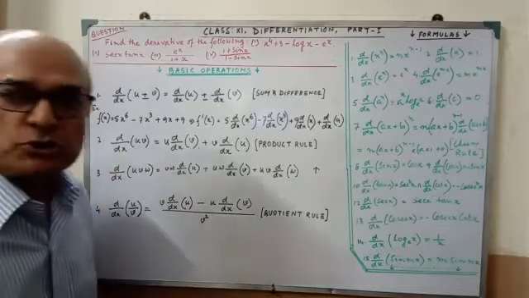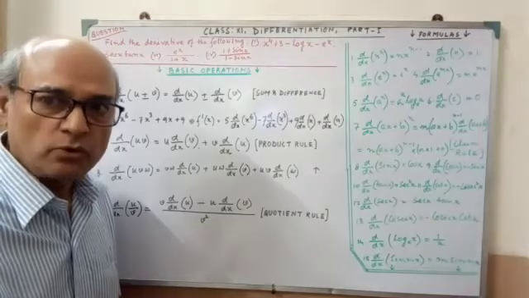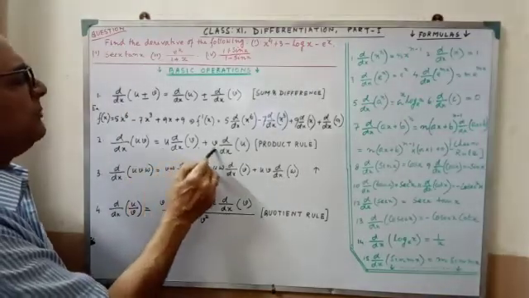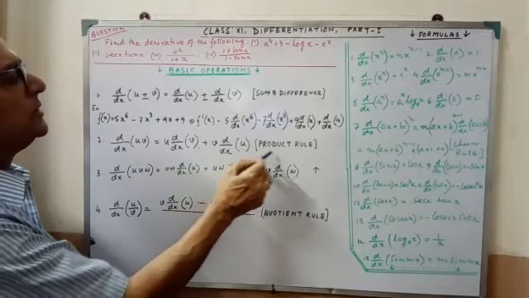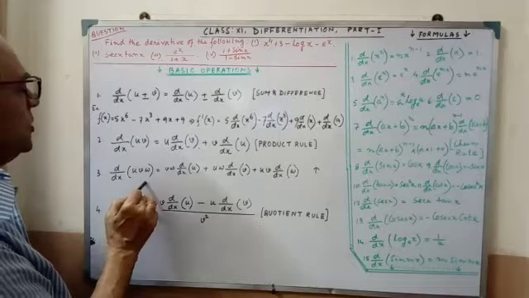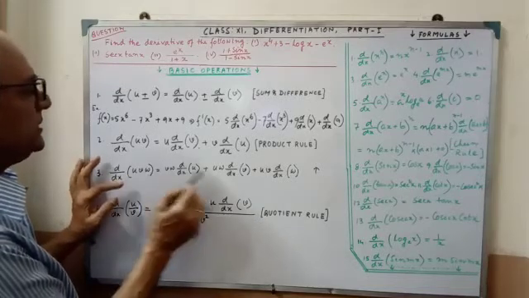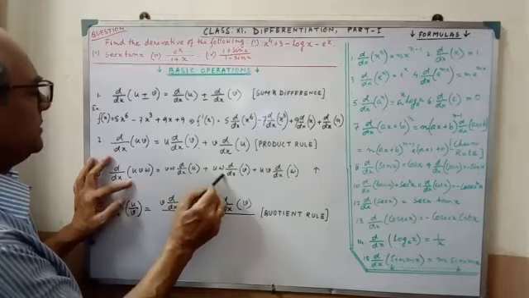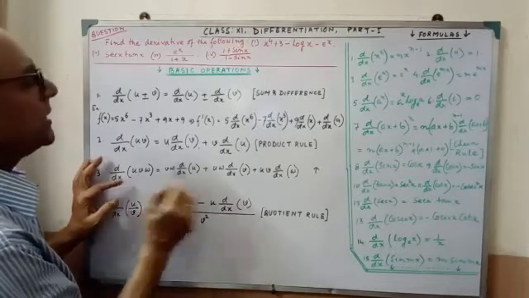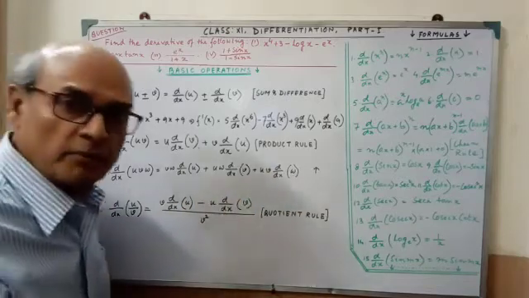uv, between these two, any one you may consider first function, second function. That will be no harm. u unchanged, differentiation of v, v unchanged, differentiation of u. This is known as product rule. And another product rule, that is uvw, that is u differentiation, vw constant, and uw constant, v differentiation, and uv constant, differentiation of w. This is also known as product rule.